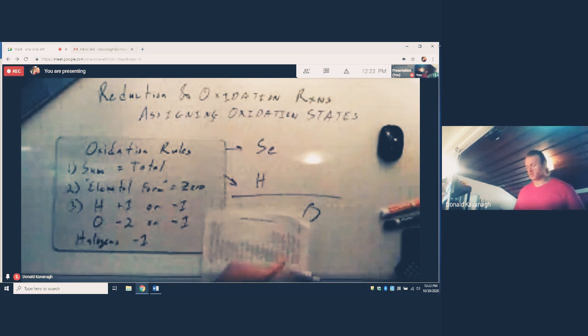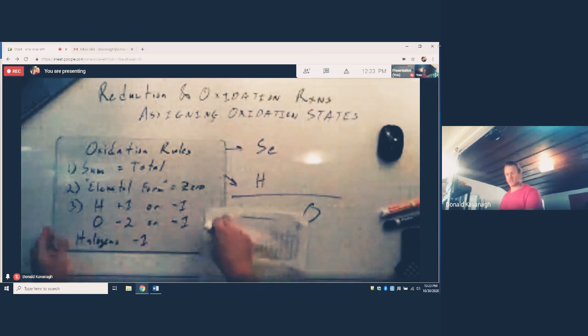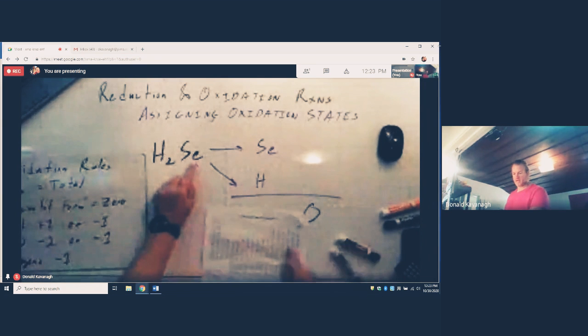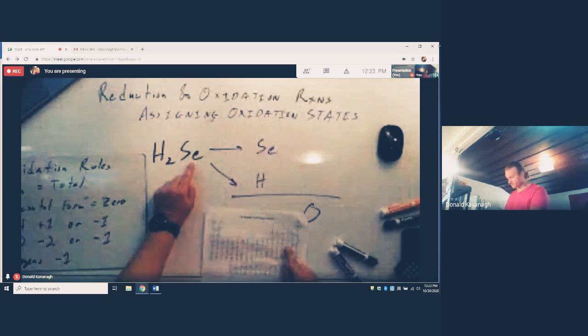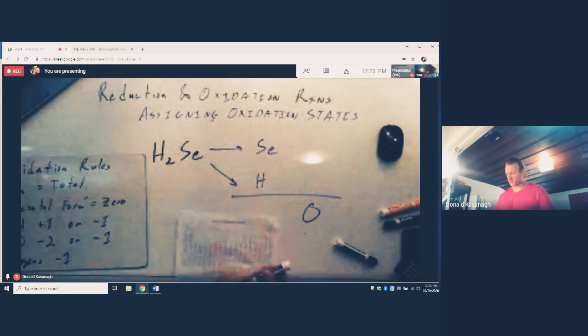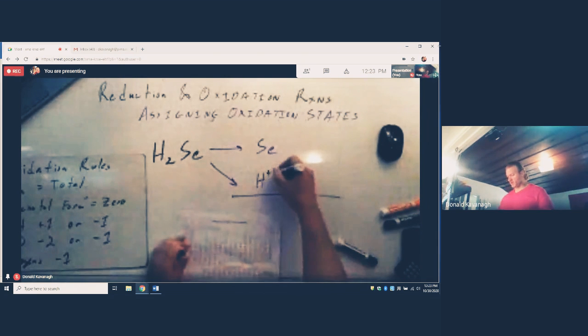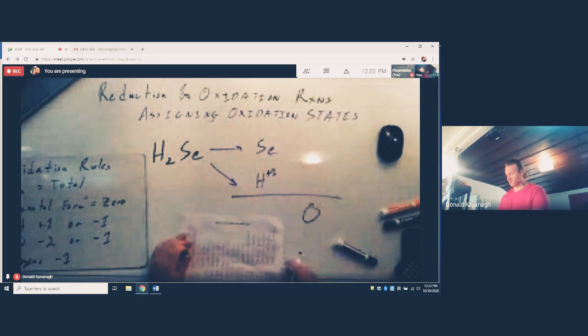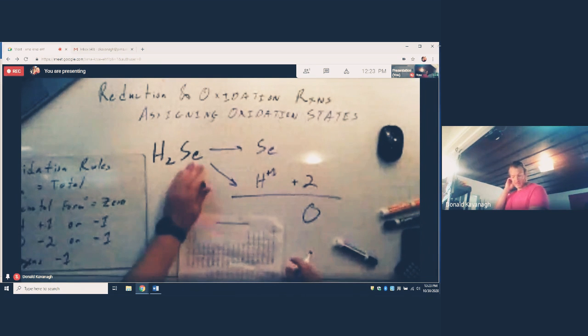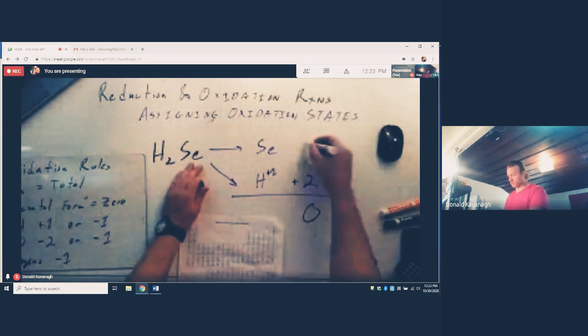So what is hydrogen bound to in this example? Hydrogen is bound to a nonmetal. Based on this atom's location in the periodic table, you should be able to define whether it is a metal or a nonmetal. Therefore, hydrogen has a +1 oxidation state, and because there's two of them, say it has a +2. So what must be selenium's oxidation state? If the sum has to equal 0,